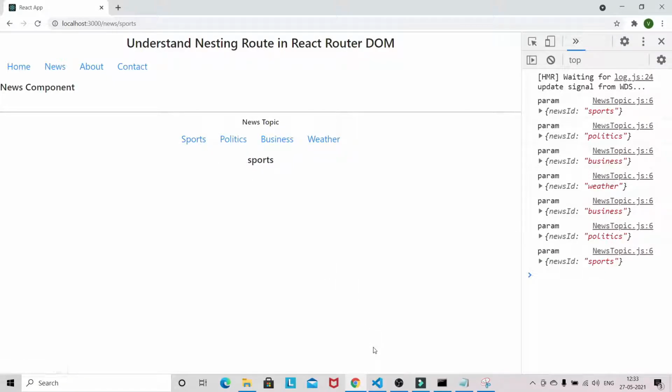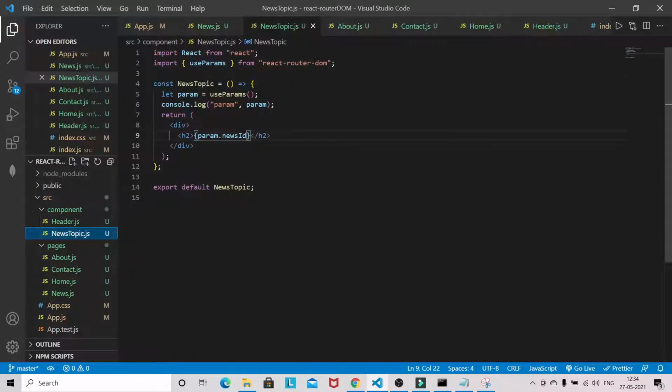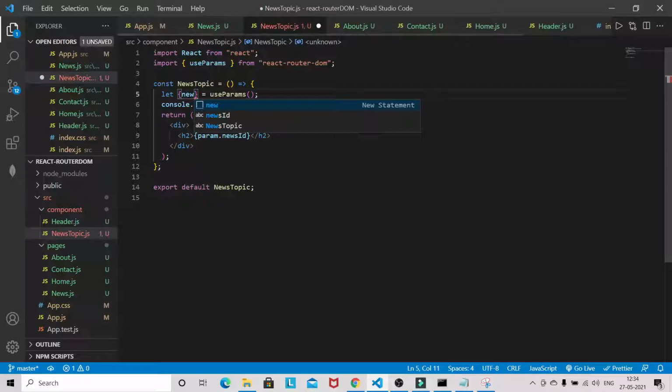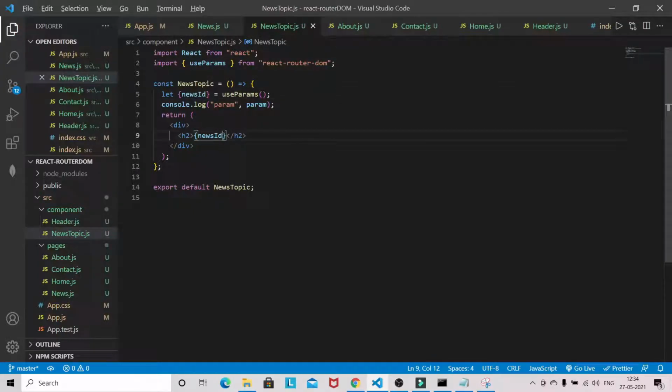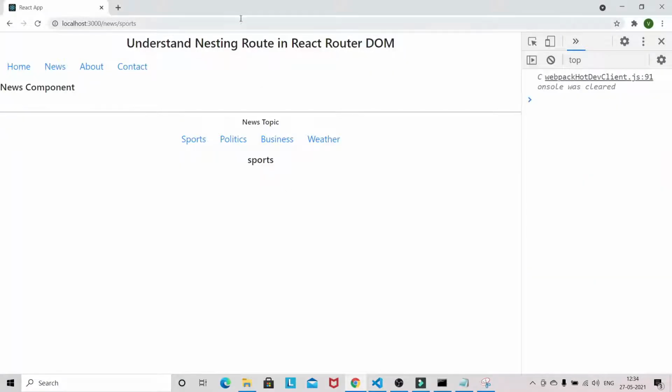Either you can do params.newsID, or you can directly destructure newsID here so you don't have to write it like this. It's up to your choice. Just remove that console log, otherwise we will get an error.